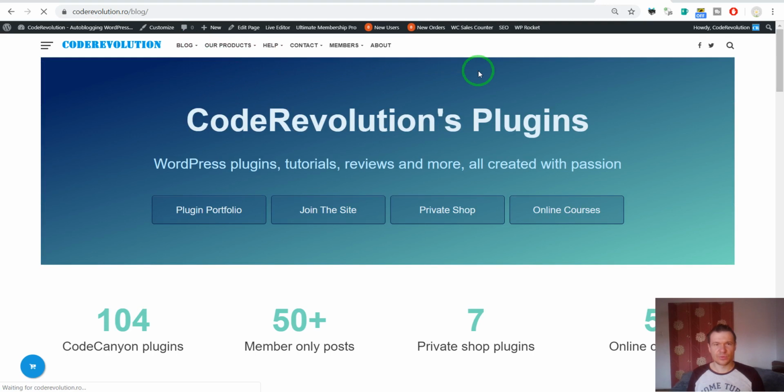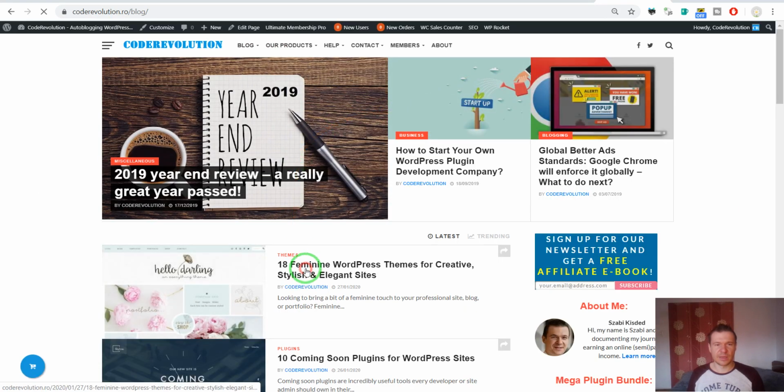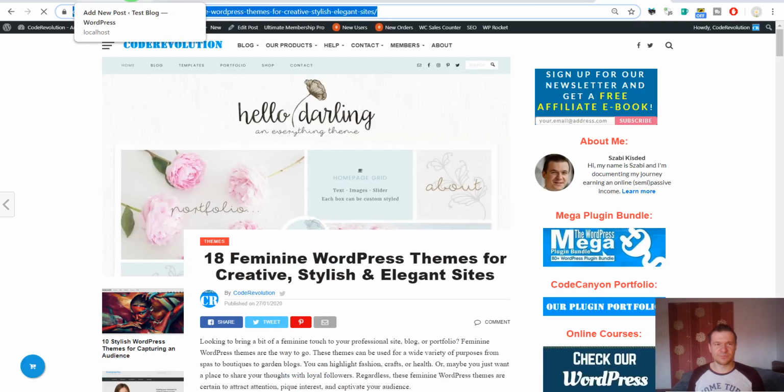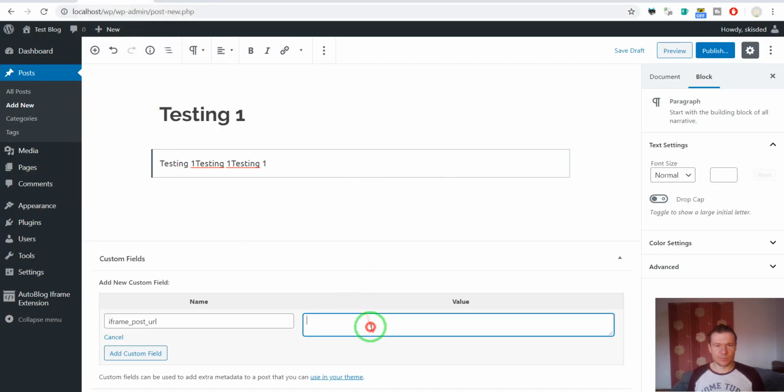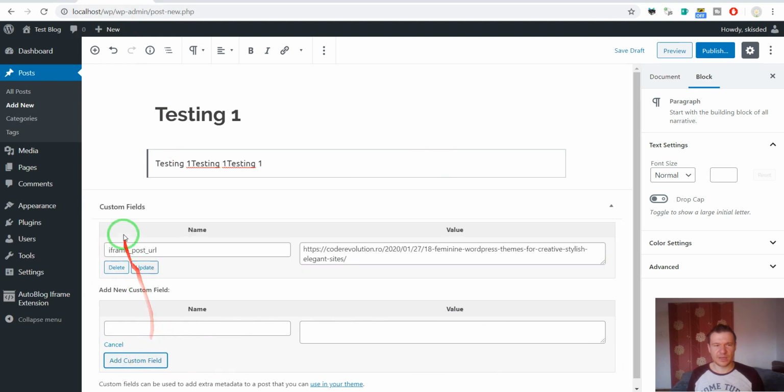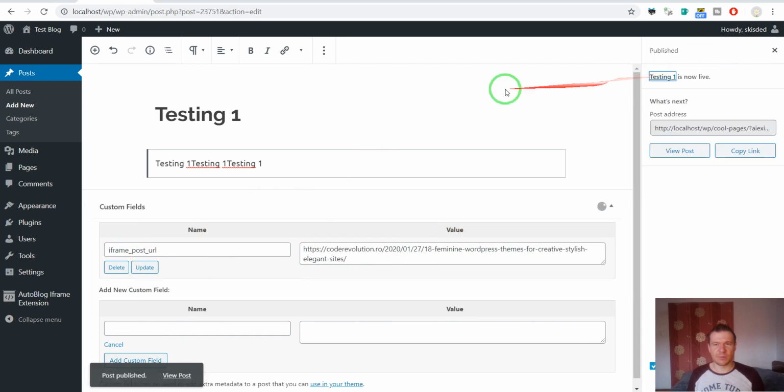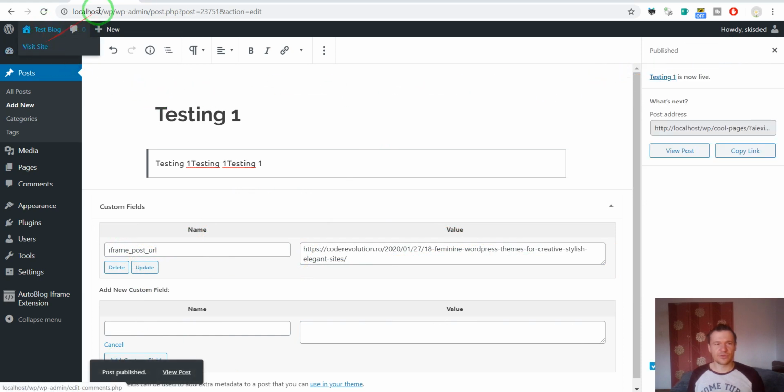So if we go to my blog and use this blog post URL, for example, and go back here and paste it inside the value. Don't forget to click also the add custom field button, and if you click that, the custom field will appear, and all you have to do is click publish. After you hit publish, go to the site,